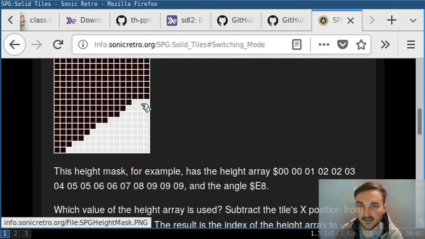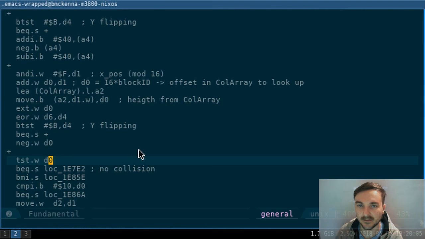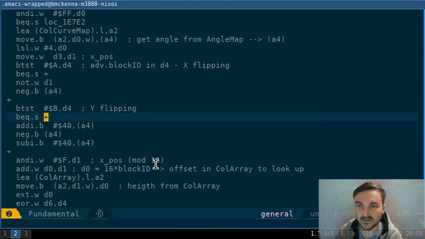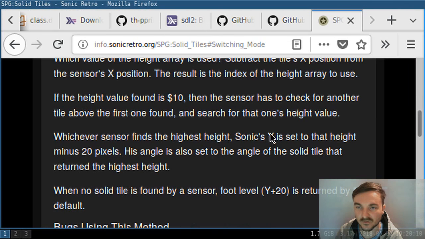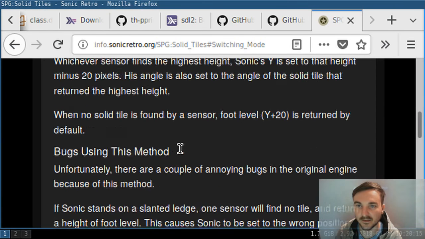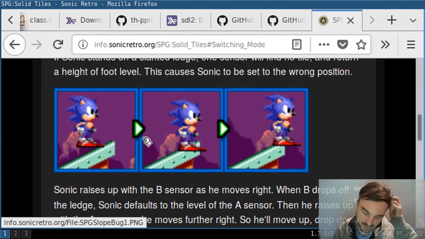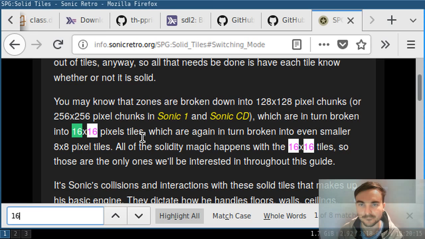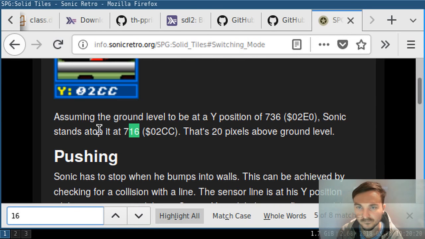So I do have a collision map for that block, but this seems to be looking at two 16 by 16 pixel blocks. And this doesn't seem to mention any of that, I don't think. It does say that it works on the 16 by 16 tiles, but